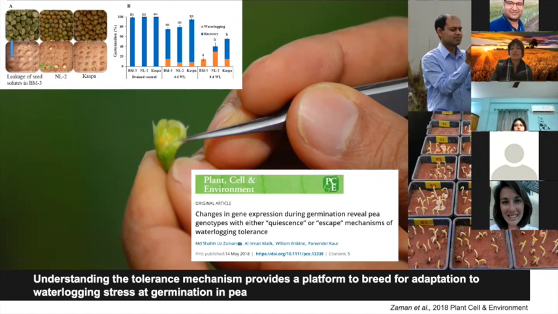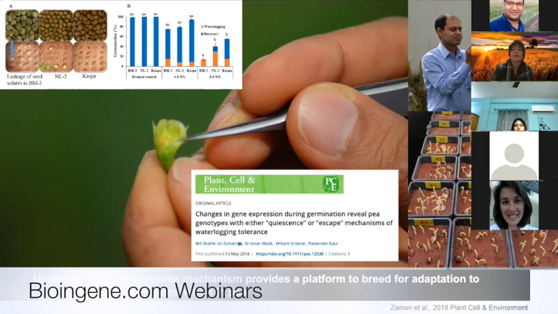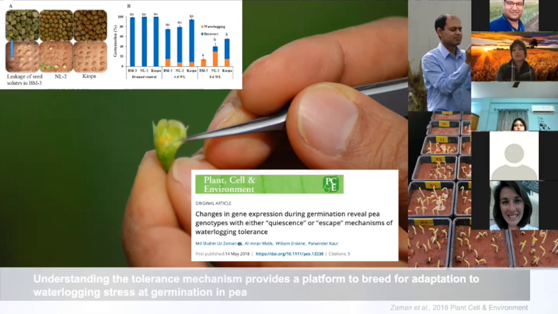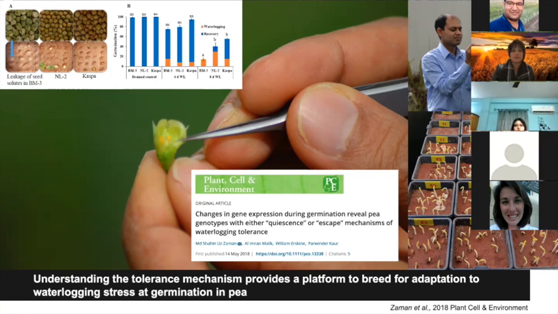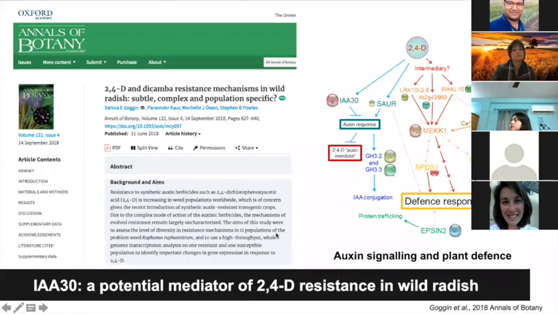So things like that are very, very useful, and are sought after by plant breeders, to use the resources to the maximum. He did some wonderful work which has been published as well, so please go and have a look at this article. Similarly, we also looked at the 2,4-D resistance mechanism in wild radish, and this was really fascinating work with one of my colleagues here, Danica, where we